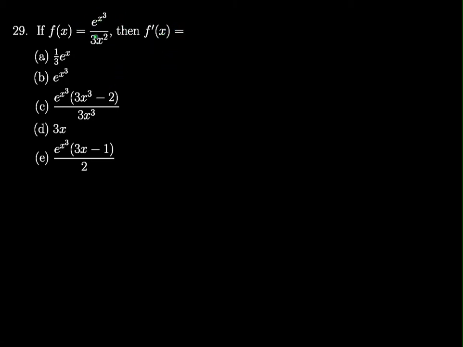So we need to take the derivative of this. So we're going to have to take the derivative with respect to x of all of this. And I see I have a quotient here, and I'm going to use the quotient rule. So if you remember, let me write this, the derivative with respect to x of some function u divided by v will be equal to